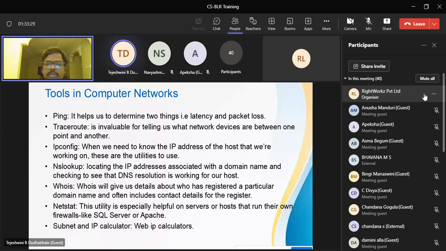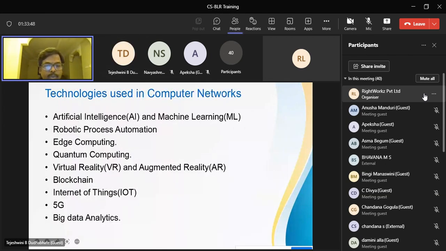Yeah, so I was explaining about ping. It helps us to determine two things, that is latency and packet loss. Next, second is traceroute. It is invaluable for telling us what ping